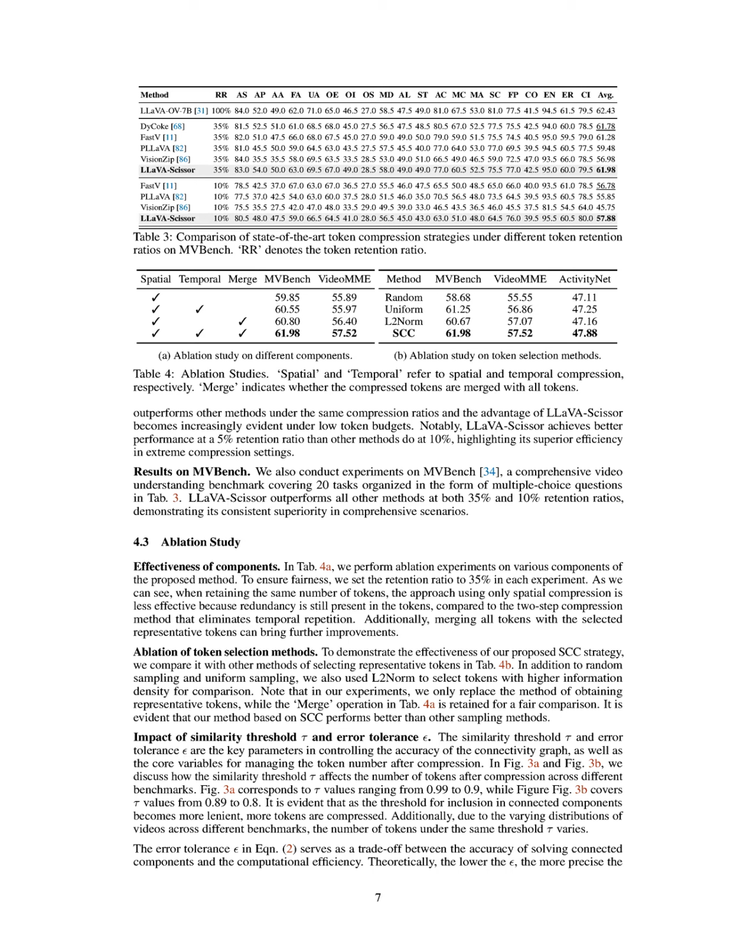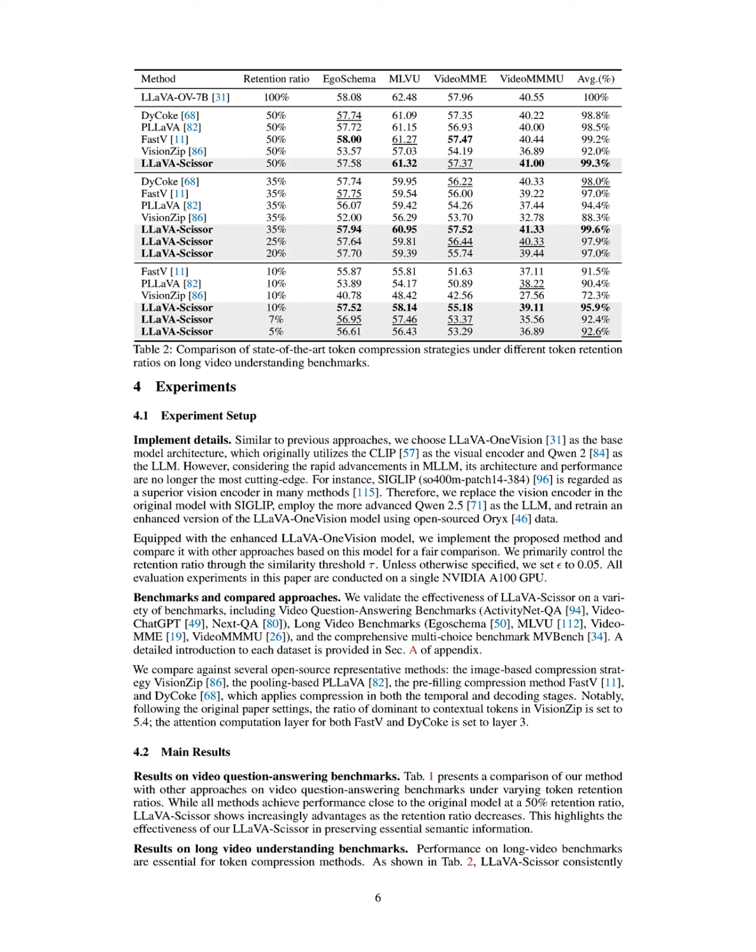This highlights its superior efficiency in extreme compression settings, demonstrating its effectiveness in maintaining model performance while reducing token redundancy. The experiments were conducted using an enhanced LLaVA-1.5 vision model, ensuring a fair comparison against methods like VisionZip, PLLaVA, FastV,